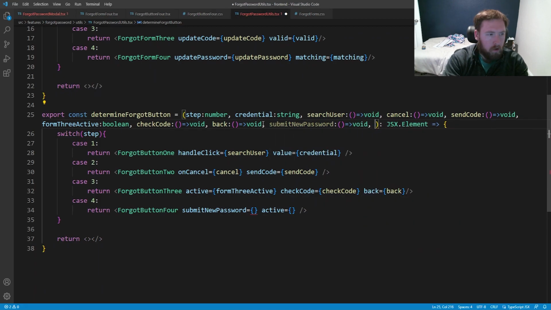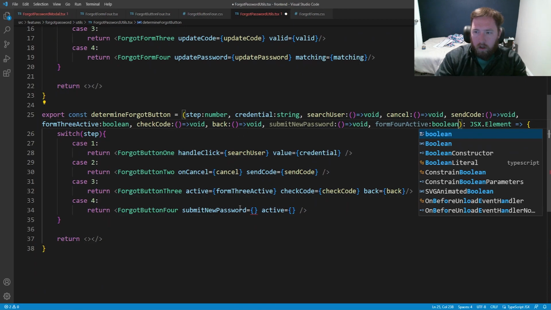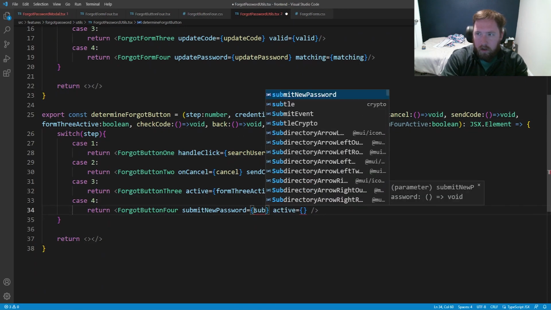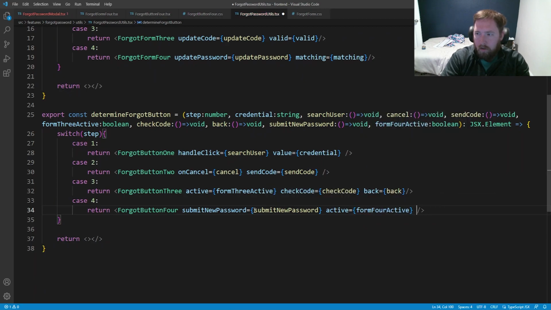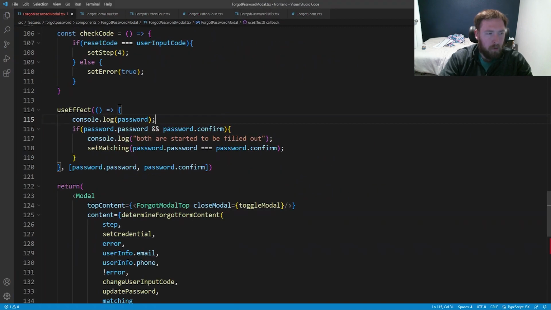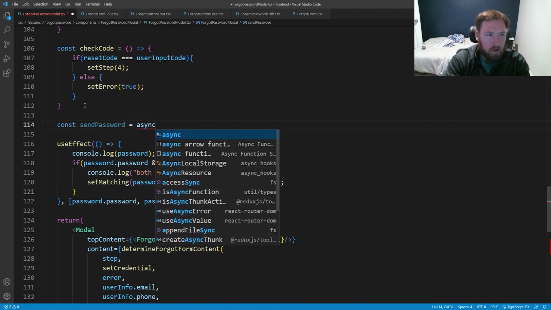Void, and then we also have a form for active, which is a boolean. And then we can go ahead and pass in submit new password, and then we'll pass in form for active, and that sets that up. Now I need to fix once again the password modal. So come back in here, and first we need a new method function, const send password equal to async,